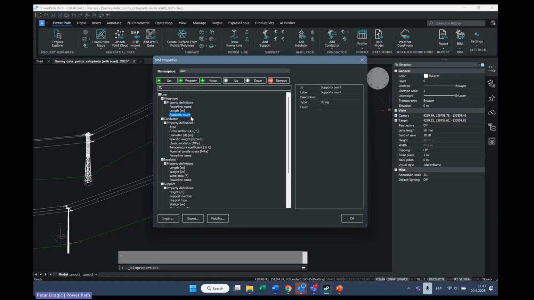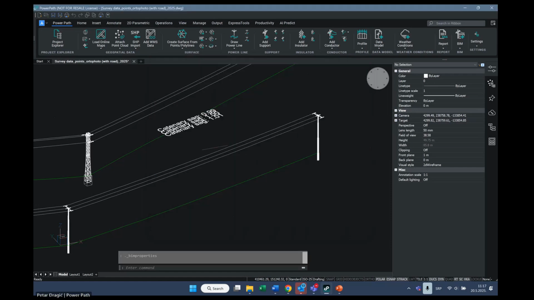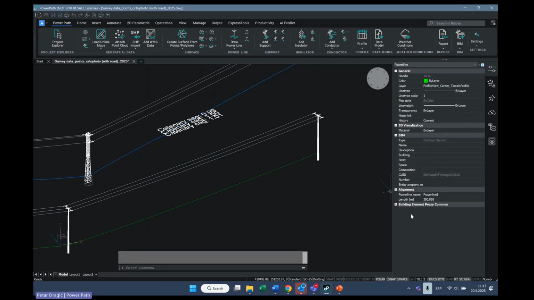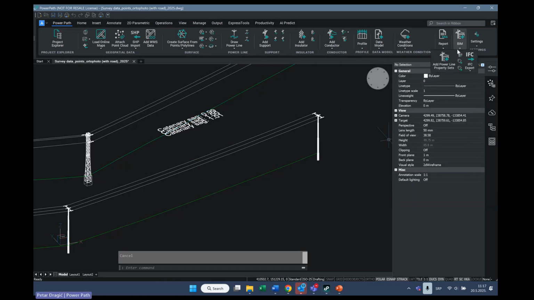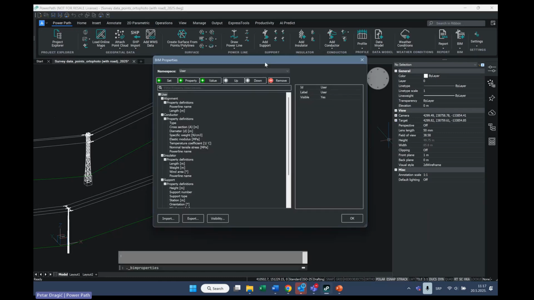For example, if I don't want to have a supports count, I can very easily remove it. If I click remove and press OK, and select the alignment, you will see that we now have the property set alignment without that BIM attribute. Okay, let's repeat this command.